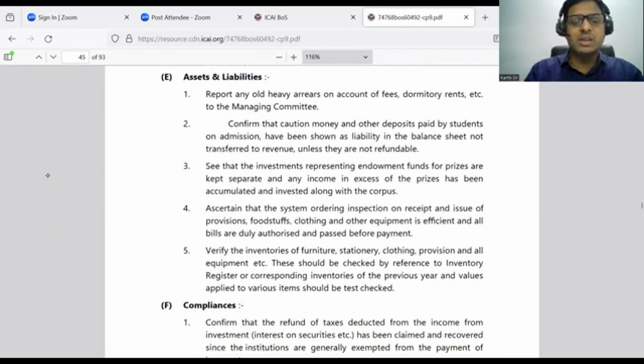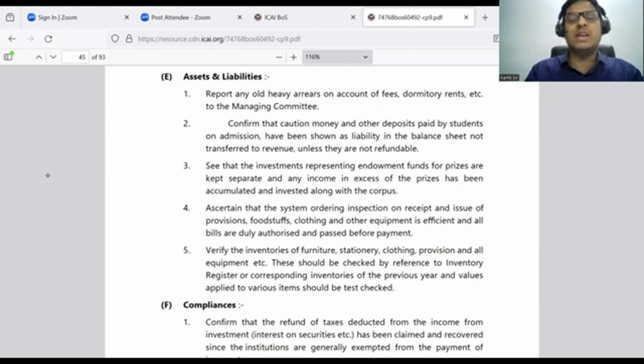Let's see the next matter, in relation to assets and liabilities. First, take the liability side. On the liability side we will see if there is any caution money deposit that the school holds, that is what we are checking first. Whether caution money is there or not. Caution money means that if we take some money in advance from those who stay in the hostel at the beginning of the year, we call it a caution money deposit, so that if some quarrel or breakage happens, we'll recover the money from the caution money deposit.